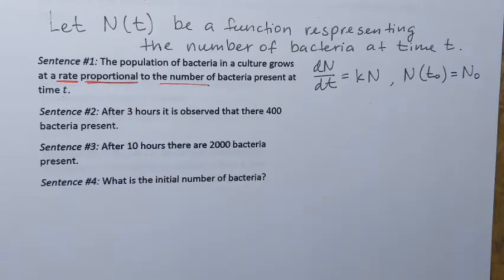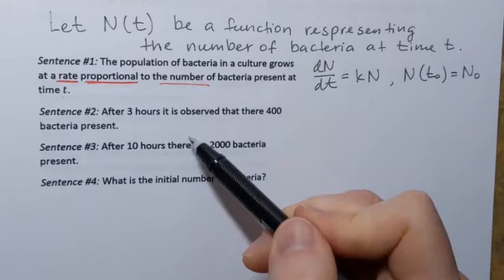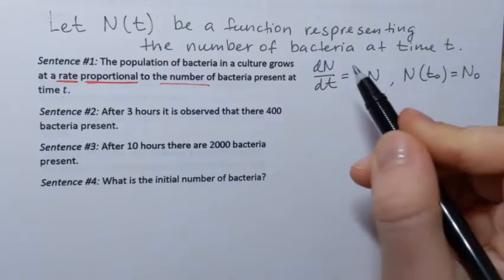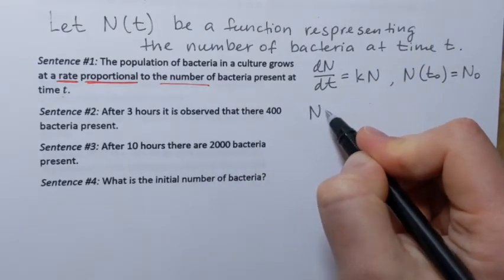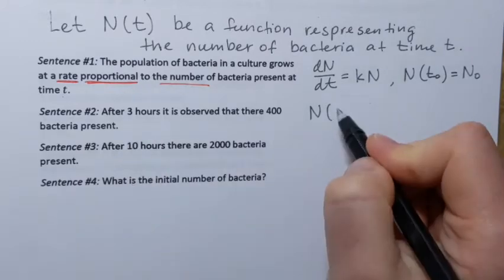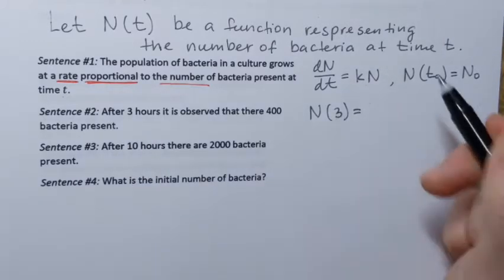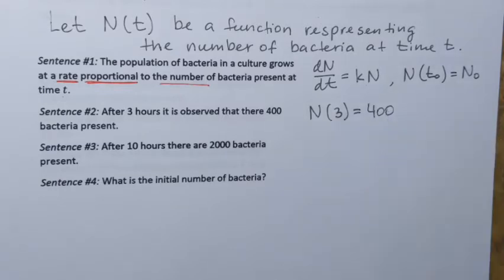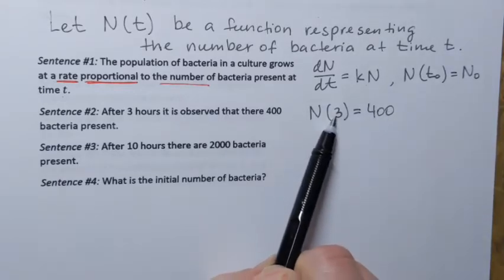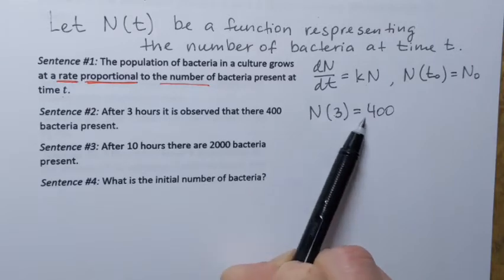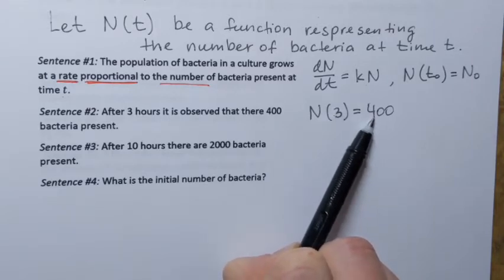So in other words, I can write or translate this sentence to math the following way. The function value at t equals 3 equals 400, right? At time 3 hours, the number of bacteria is 400,